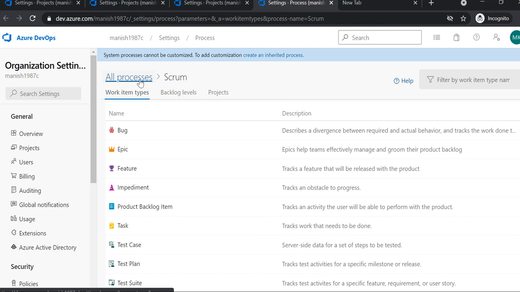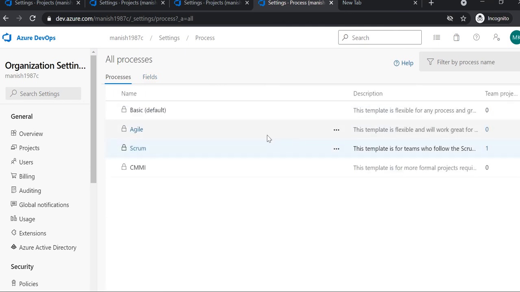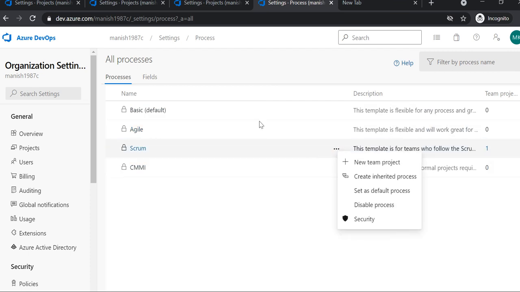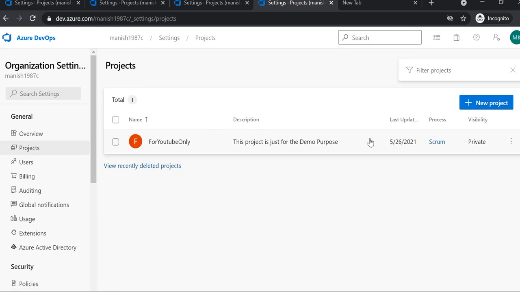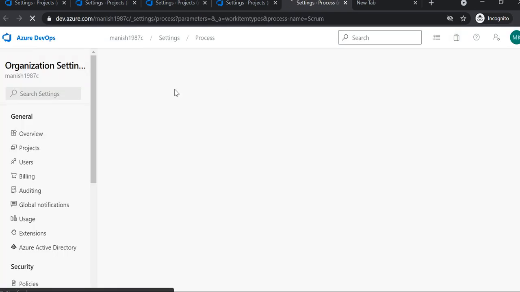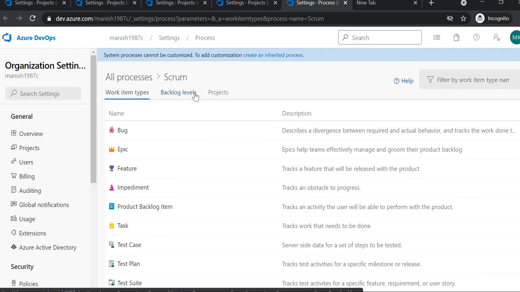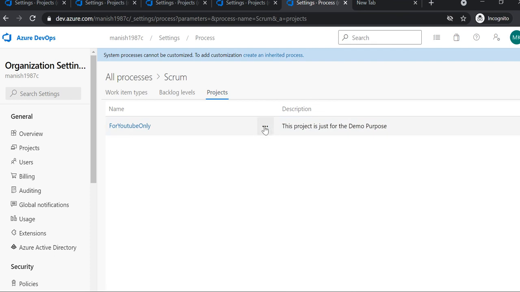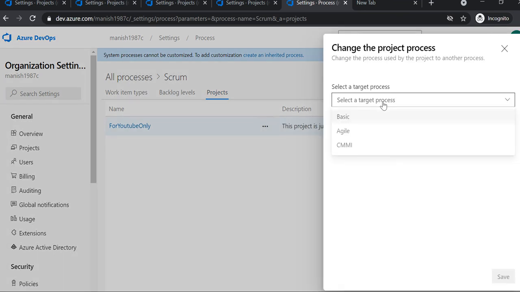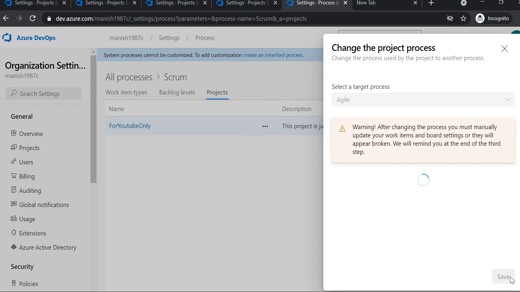If you want to change the process again, I'll quickly show you. These are the default templates present in Azure DevOps. If you want to change it, you can click on this, again select project, click on these three dots, click on this, and then you can change it to Agile.